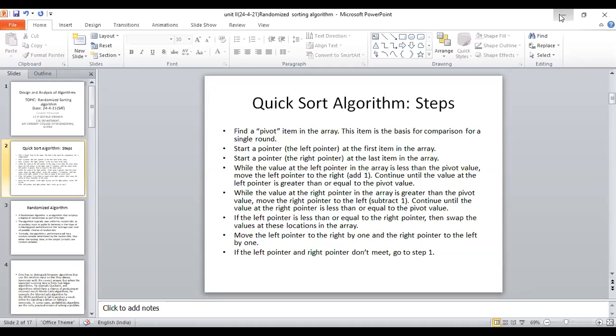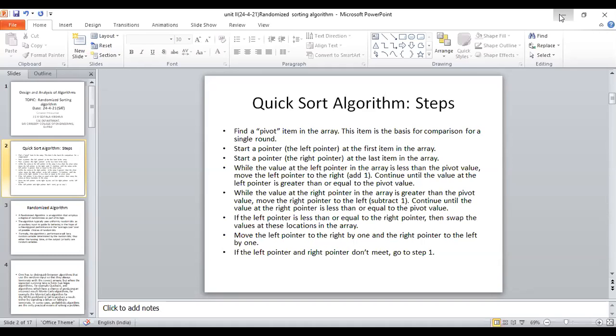While p is less than q, we perform the partition, and j is the middle element. If j minus p is less than q minus j, then add j plus 1 to the stack, set q equal to j minus 1, and add q to the stack.